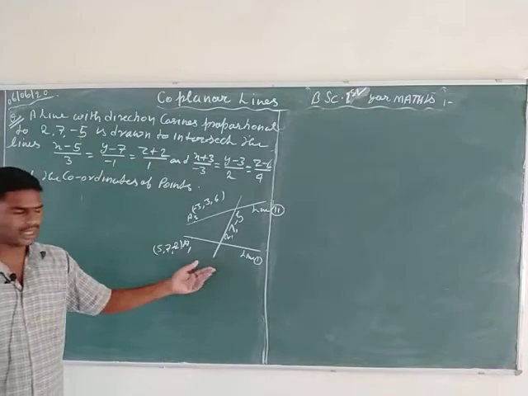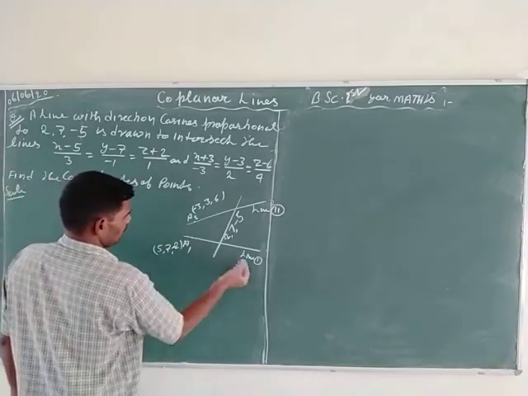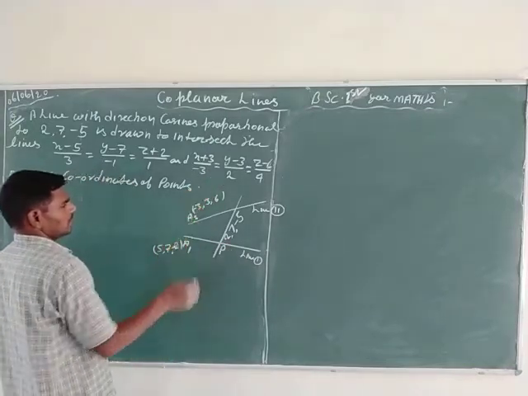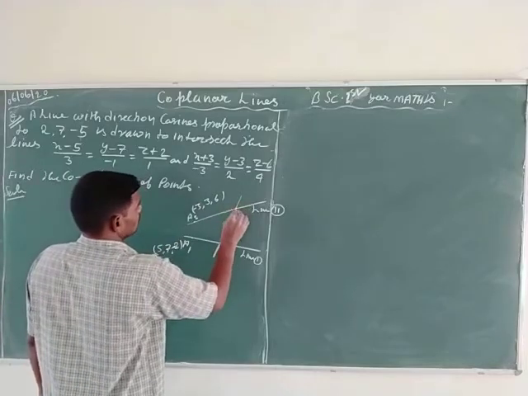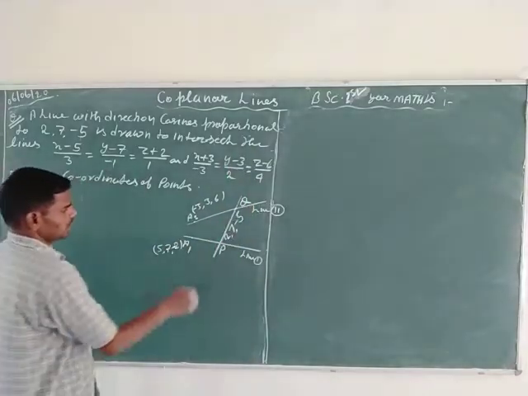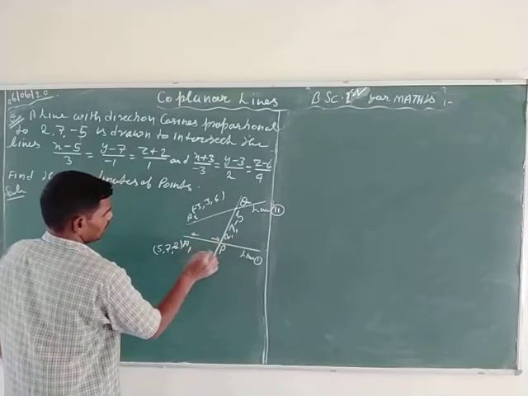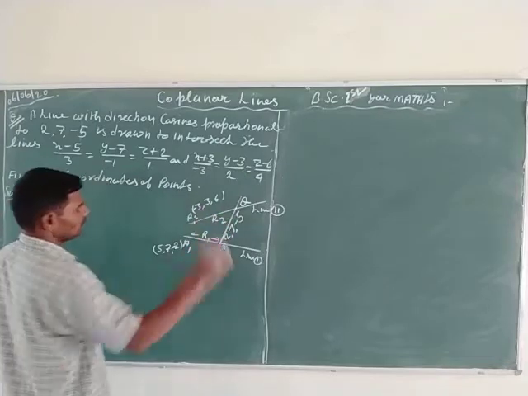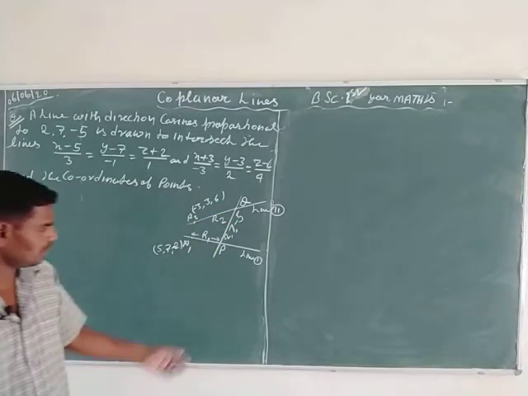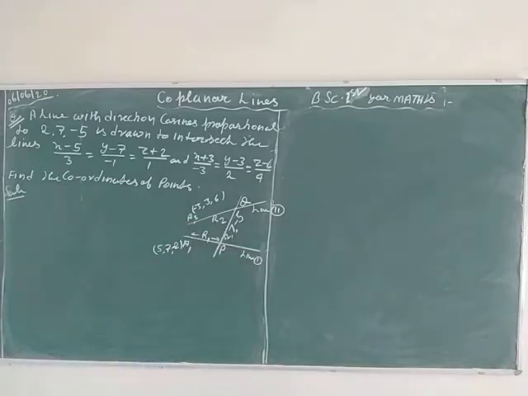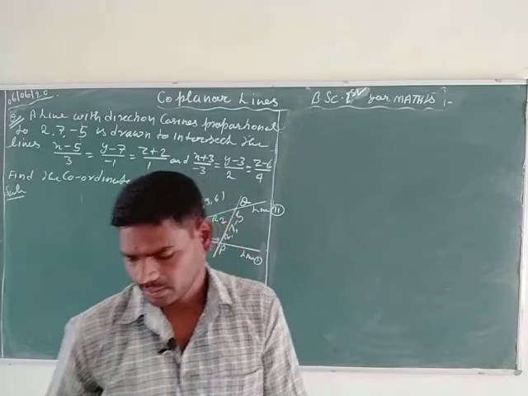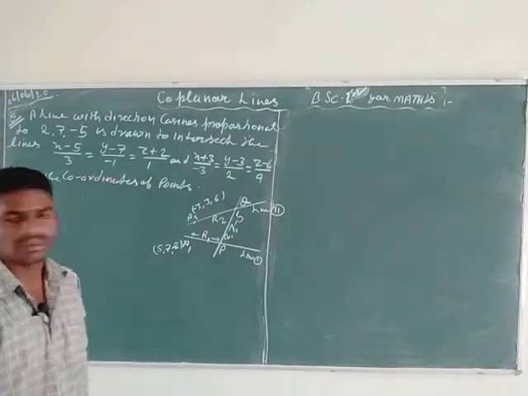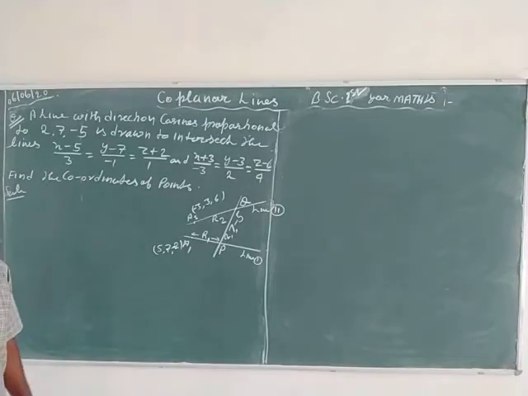Here, suppose that the intersecting point of the given third line and first line is capital P, and the intersecting point of the given second line and third line is capital Q. Also suppose that the distance between A1 and P is equal to R1 and between A2 and Q is equal to R2. So in the question, find the coordinates of the intersecting point capital P and the coordinates of the intersecting point capital Q, which lie on the first and third line, and the second and third line.